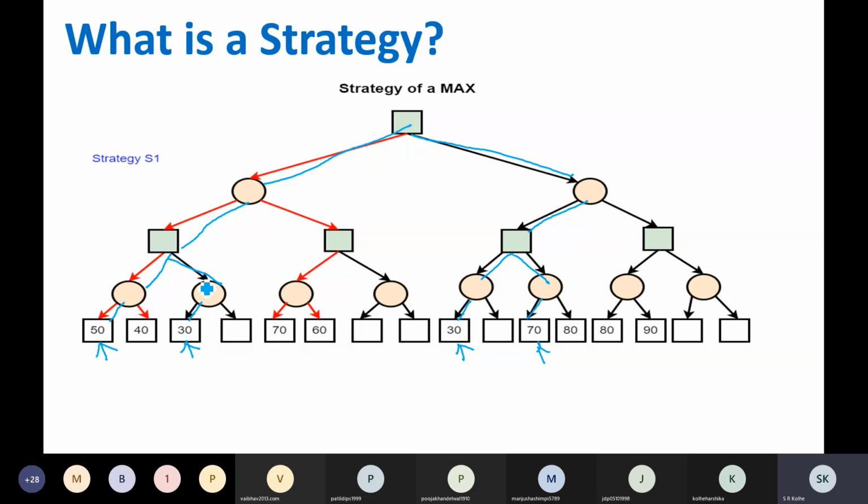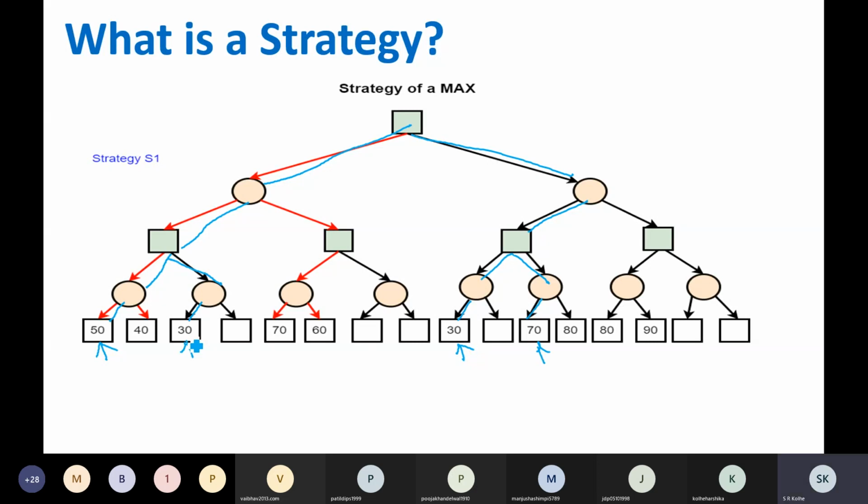In S3, you will be selecting this part instead of this left one. And in this case, 30 belongs to this S3. No problem. Okay, then this 70 and 60 belongs to this, but we have 30. So 30 is the leaf node which belongs to S3. S4, again 30 will be the candidate. This part we would have selected, but 30 is still there. So 30 will belong to S4 also.